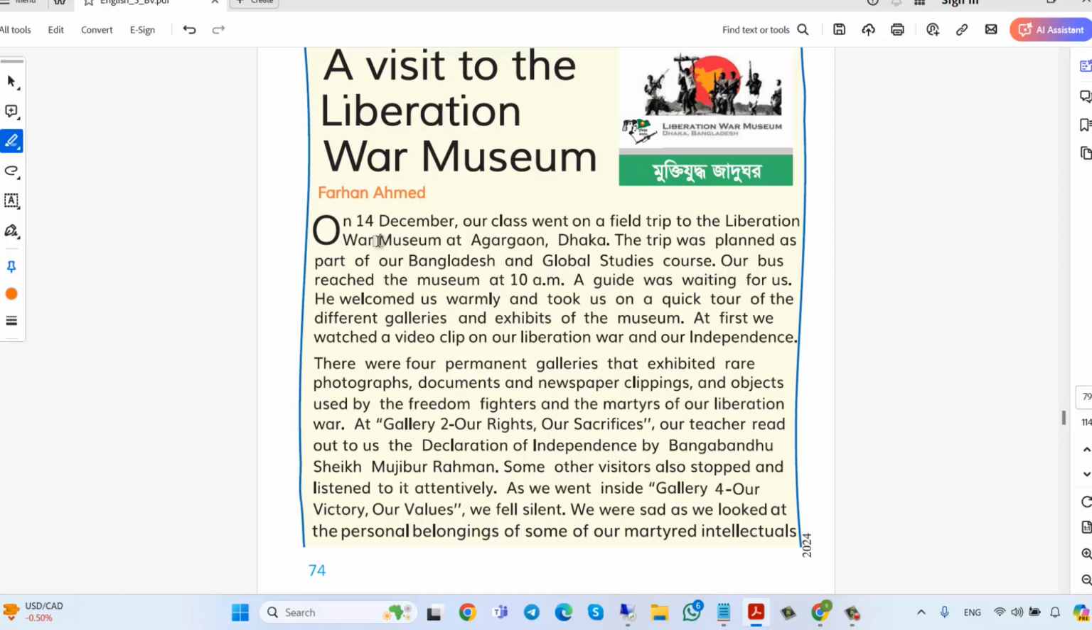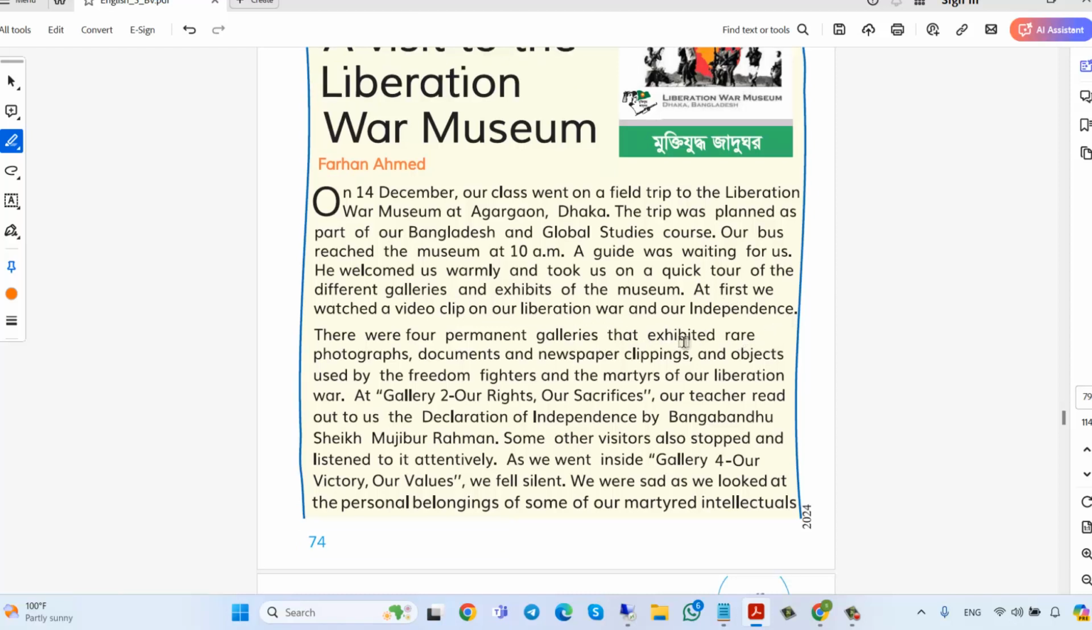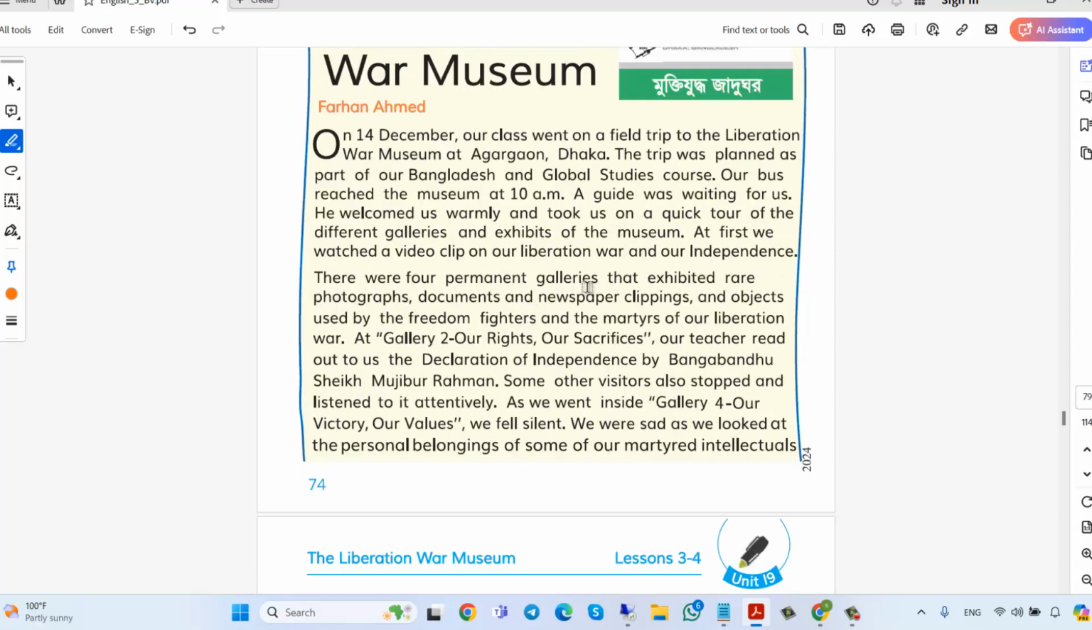Our bus reached the museum at 10 a.m. A guide was waiting for us. He welcomed us warmly and took us on a quick tour of the different galleries and exhibits of the museum. At first, we watched a video clip on our liberation war and our independence. There were four permanent galleries that exhibited rare photographs, documents, newspaper clippings, and objects used by the freedom fighters and